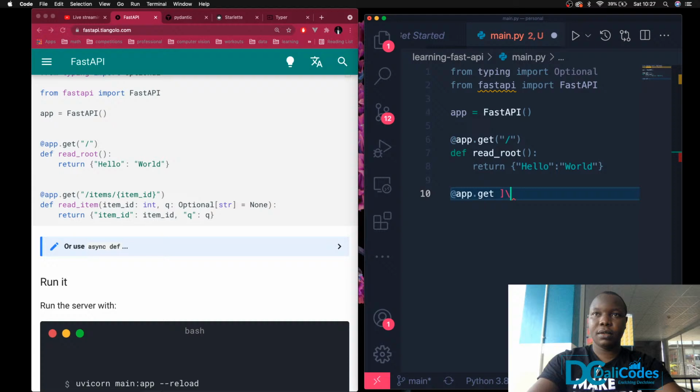So I'm coding it, I'm not copying it so that I get familiar with the environment. I'm learning, and I hope by the end of this stream I'll be